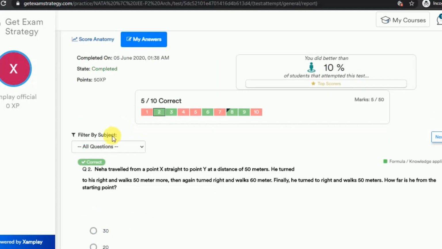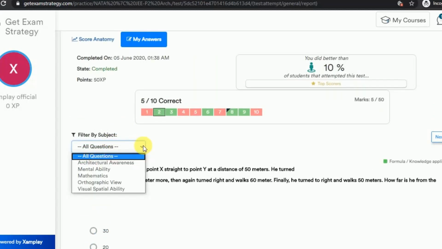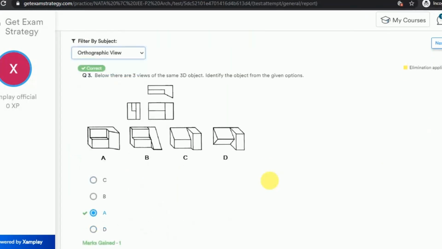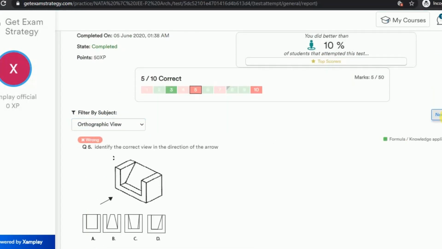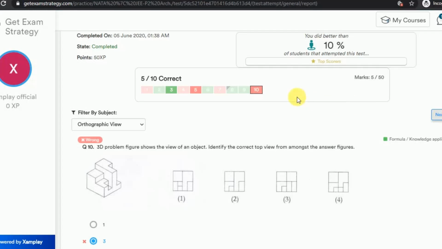You can also sort all these questions by topic. Let us say you want to see all the orthographic view questions, you can have everything in one easy format, and the particular question type is also highlighted so that you can navigate easily.